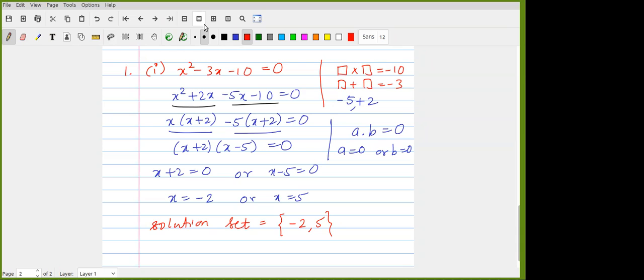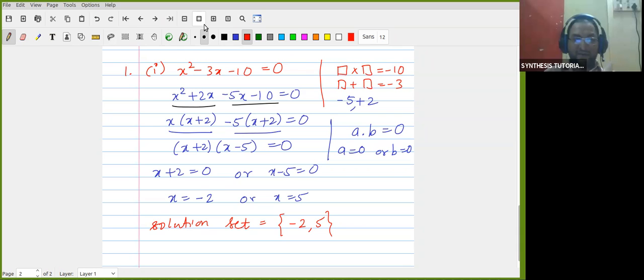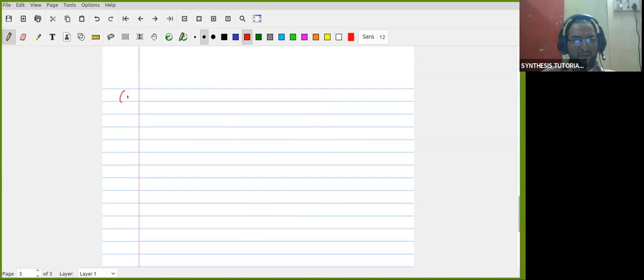No doubts. Okay. Now let's take one more problem. This is the second question of question number, so it is 2x square plus x minus 6 equal to 0. Now see, in all the problems we have done till now, we have done only two problems actually.